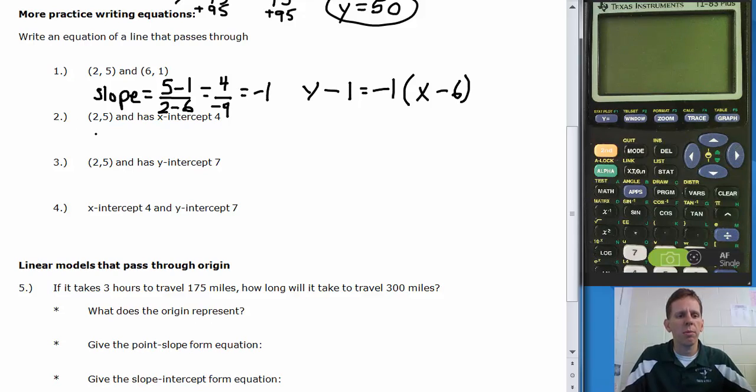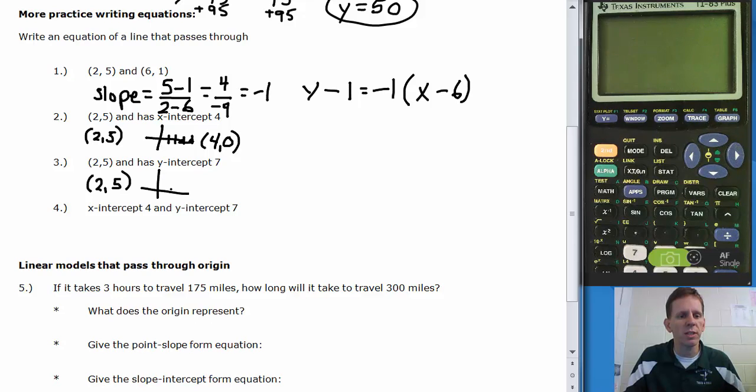What about these other problems? Well, if you're given a point like (2, 5) and it has an x-intercept of 4, the x-intercept of 4 means we're looking for the point that's located 4 units along the x-axis at (4, 0). So similar to number 1, you could solve this by finding the slope between these 2 points and coming up with the equation for the line. If it's a y-intercept of 7, the y-intercept is up 7 units on the y-axis, that would be equivalent to the point (0, 7). And now you've got 2 points, you could find the slope,